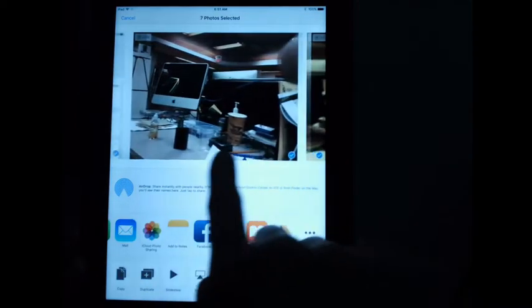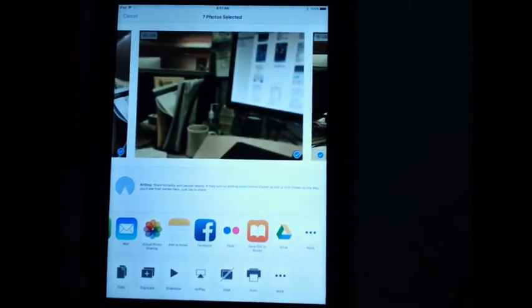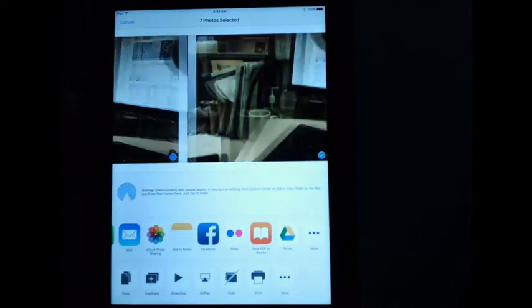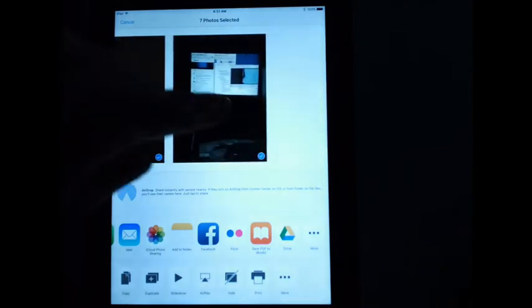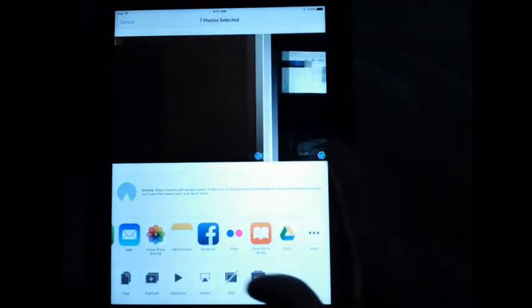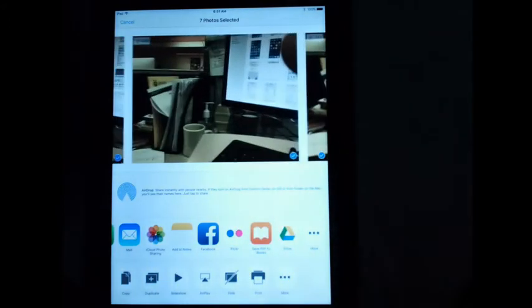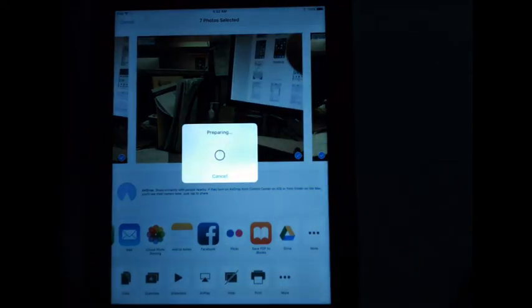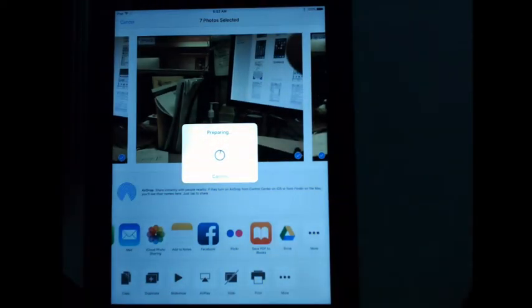Now, the reason we use Google Drive is because obviously here at the TDSB, we're very Google-centric now, but also we have unlimited space with Google Drive. So if I want to back up a bunch of photos that are on my iPad, Google Drive is the perfect solution for that. So right now I have all my photos here that I want to back up that are checked off, and I can go to my Drive button down here. It's going to give me the option to upload those. And once I upload them, assuming I have a network connection in this room.